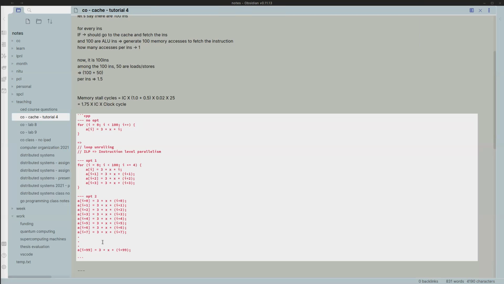Sir, I think optimization 1 and optimization 2 are a bit different. Optimization 2 will be a bit faster, that is okay. But after the compilation, the file that will be generated, that size will be more for optimization 2. Yeah, that's okay. I mean, I'm okay.